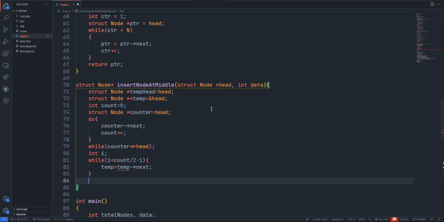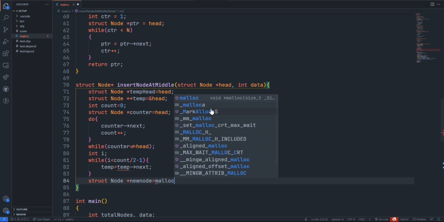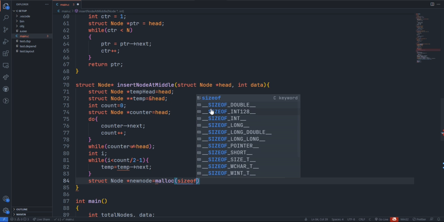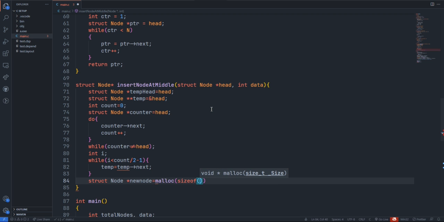Once we get into the middle position, we just need to think about the node data, right? Struct node star new node equal to malloc of size of struct node.